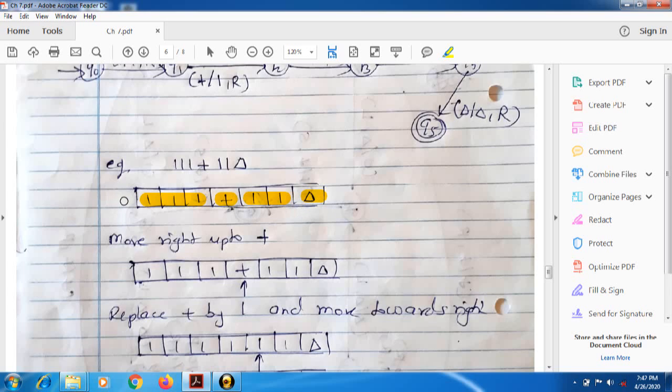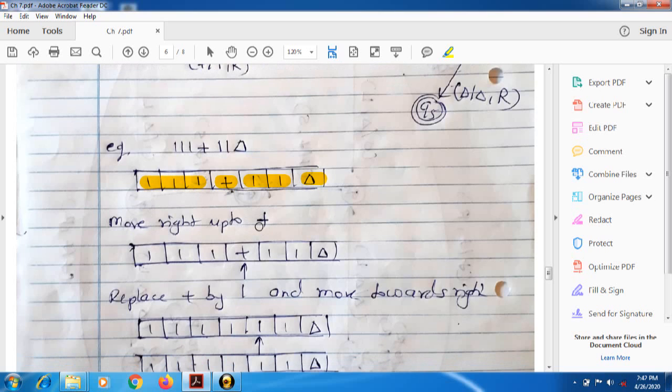You can start your string with null also, no problem, because while drawing finite automata we have two options. One is deterministic and another one is non-deterministic. The same pattern is followed over here. In pushdown automata also you have deterministic pushdown automata and non-deterministic pushdown automata. In the same fashion in a Turing machine also you have choices. You can draw a deterministic Turing machine, you can draw a non-deterministic Turing machine. Now see, we have started our string with 1 and plus as an operator, and we are keeping it as a value on our Turing machine tape.